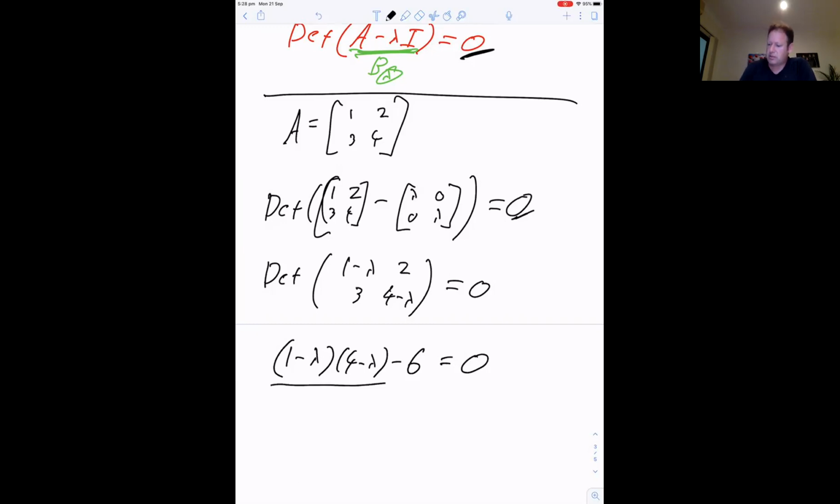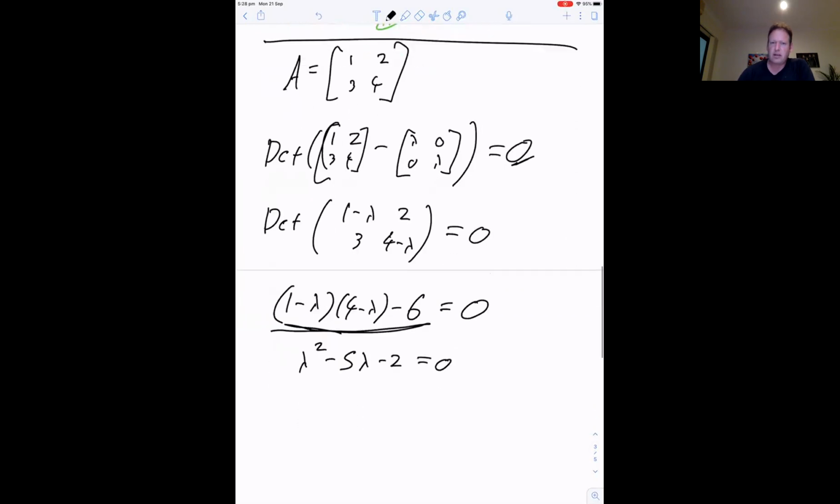What is this thing in general? It's a quadratic equation, right? Quadratic equation, and you can solve it in one of different ways. Maybe you're able to manipulate and factor, maybe not. In this case, there isn't a nice solution, but that would be like lambda squared minus 5 lambda minus 2